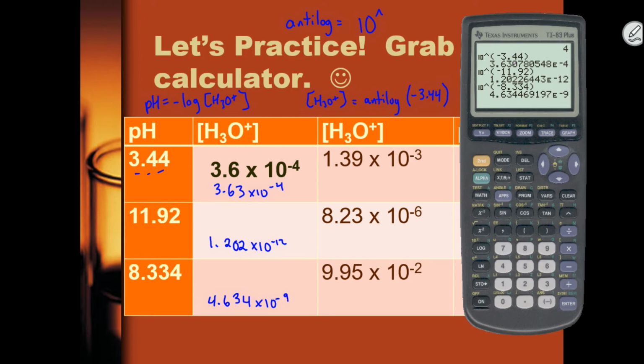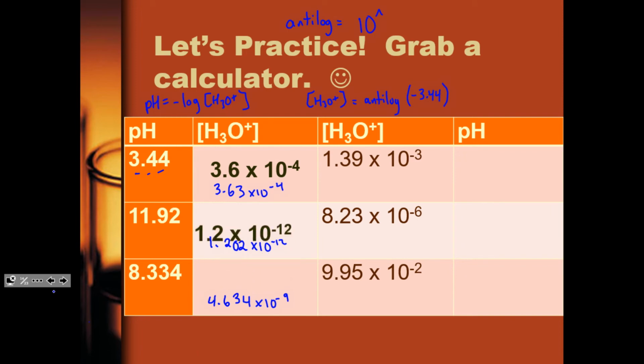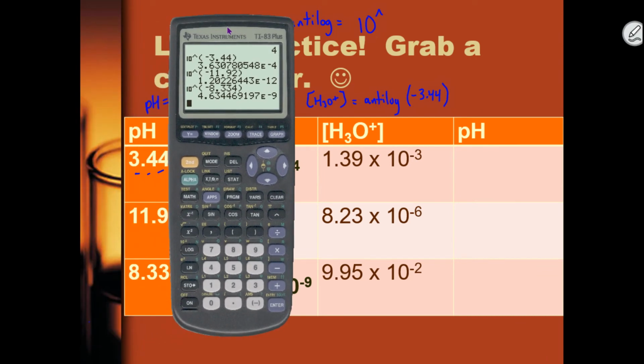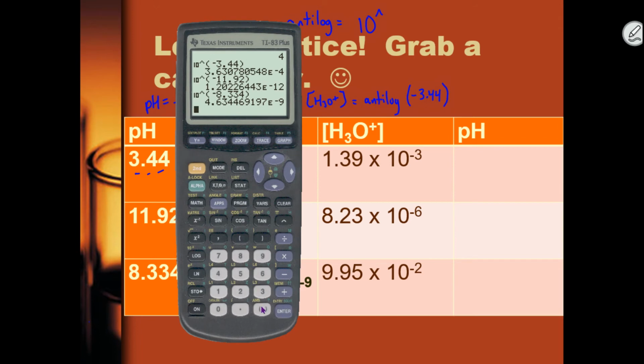So before we move on, let's go ahead and check our answers there to that one. Yeah, so I would have rounded to the sig figs that were given. And then let's do the opposite here. We have the concentrations on this side. We need to find pH. So for this one, we're going to do the negative log of these values. So 1.39, I'm going to use the shortcut, second comma, -3. And I'm going to use 3 sig figs here,